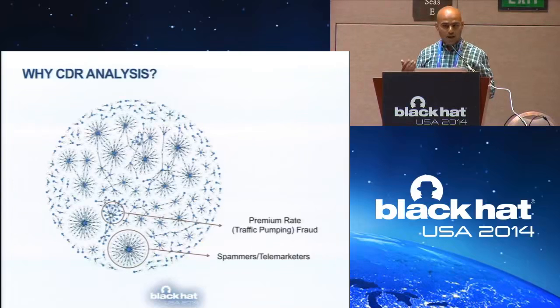That's usually suspicious, and then combined with other features, we can nail down that, oh, these guys are spammers or telemarketers. The other interesting one is what we call premium rate fraud, which is a form of traffic pumping. This is characterized by a single destination that is getting calls from a large number of sources. And what happens here is that a fraudster or a fraud gang create fake premium rate services, which are like paid toll numbers. And they create these numbers, and then they spoof calls with numbers belonging to a telco, like they'll spoof calls from valid AT&T customers, and they'll make calls to that premium rate number to basically drive traffic